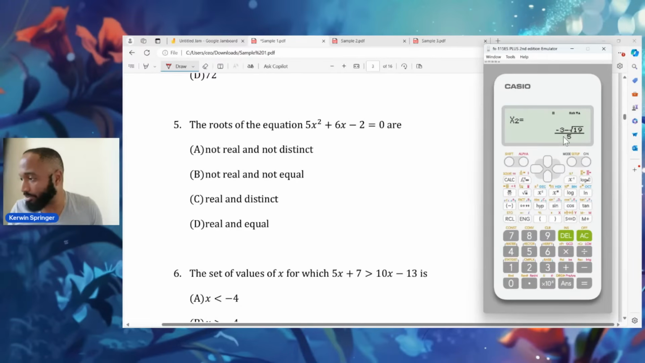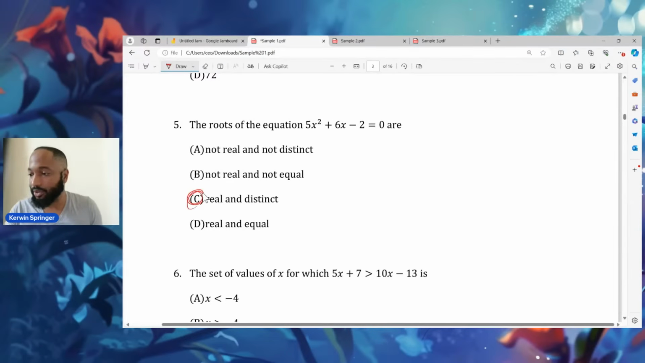Anyhow, so you're seeing what's happening there. We saw negative, this was positive and it turned negative. It means the roots are real and distinct. Real and distinct. C is the answer. So that's the calculator. How do you work this out? Well, you use something called the